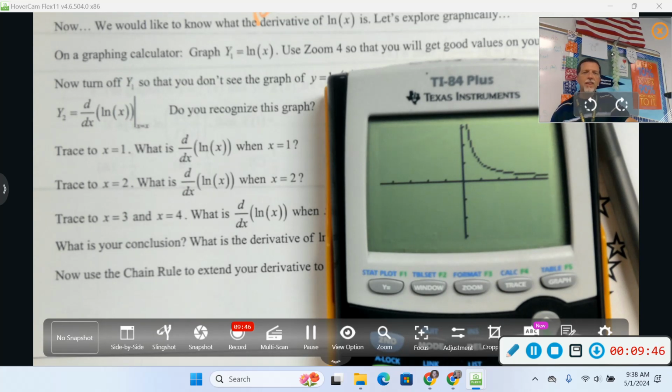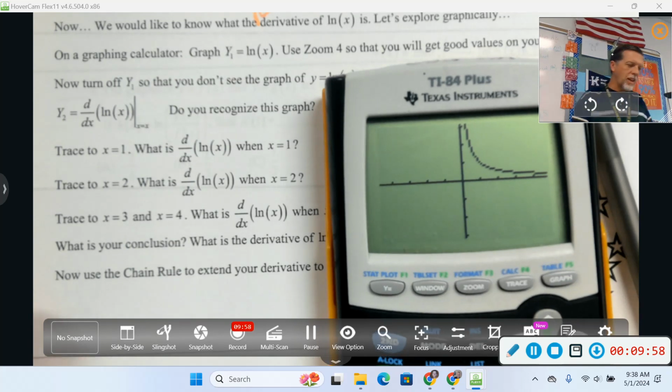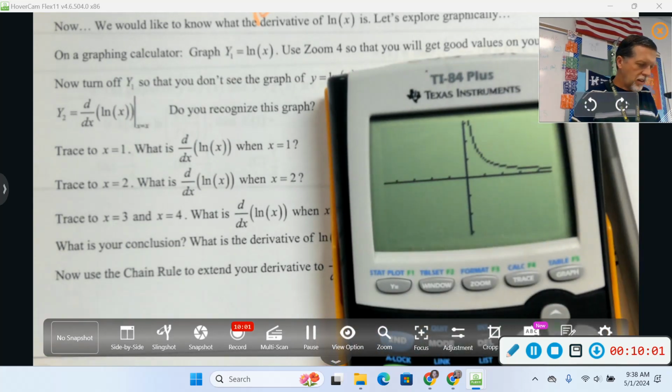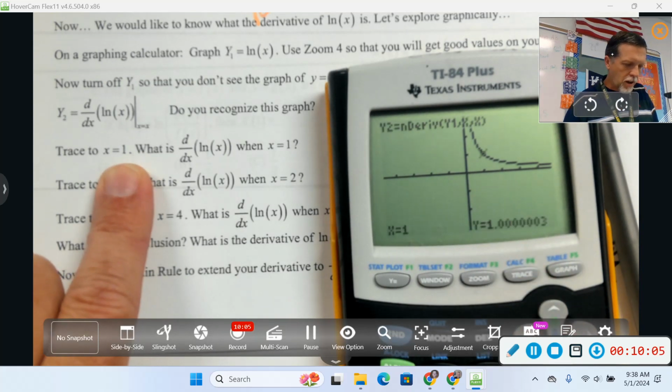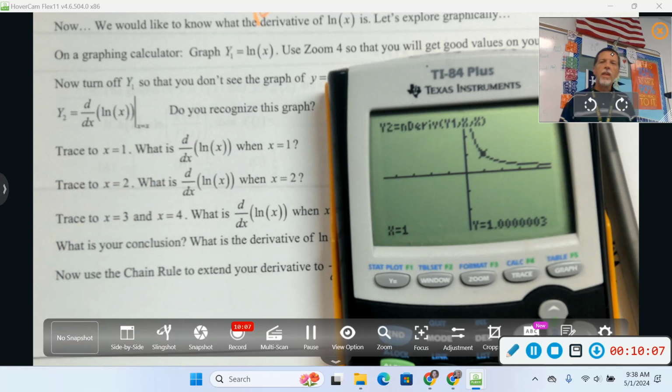Does that look familiar? It should. It looks like 1 over x, but we should probably do some things to make sure that it's 1 over x. So let's go trace, and let's put in x equals 1. Again, the calculator does stuff numerically, so 1 over x would be exactly 1. The calculator is getting